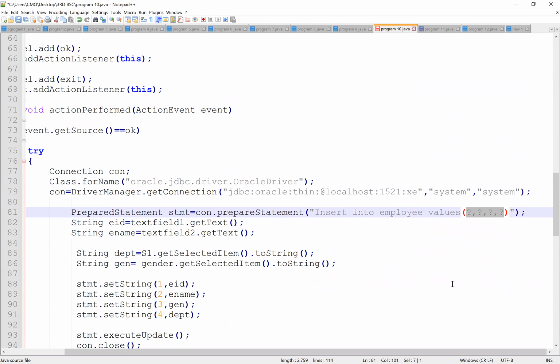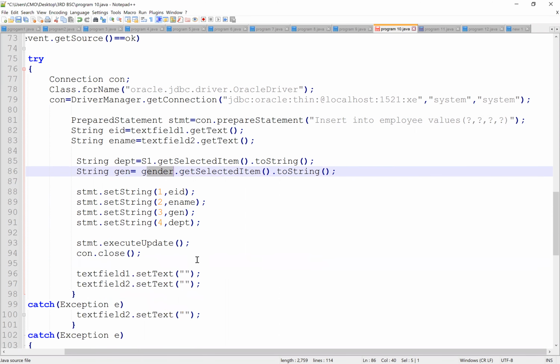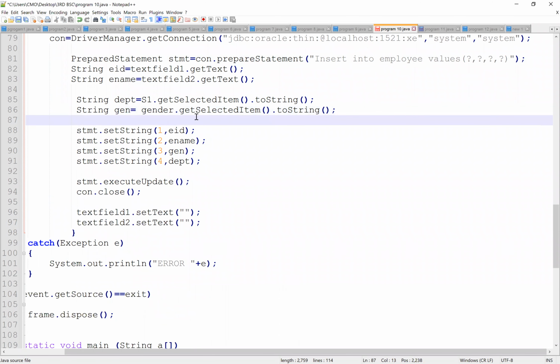After that, EID will be text field 1, E-name will be text field 2, department will be S1, and GEN will be gender. Next you can set the values for this statement: 1, 2, 3, 4, EID, name, gender, department.